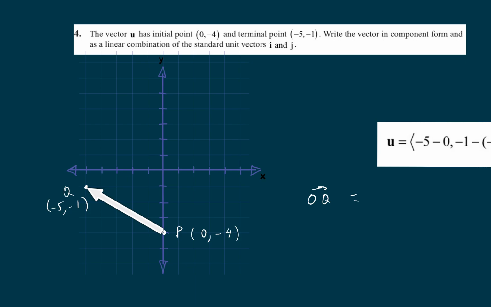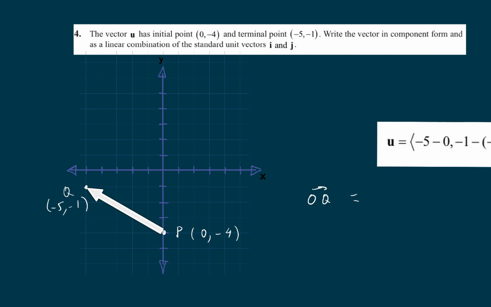It's made of this vector going up, 1, 2, 3. 1, 2, 3 going up is 3j, plus 5 minus i. So the vector u, without doing any calculation,